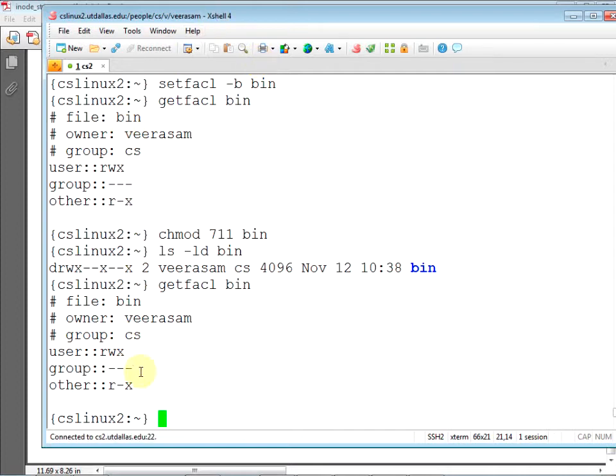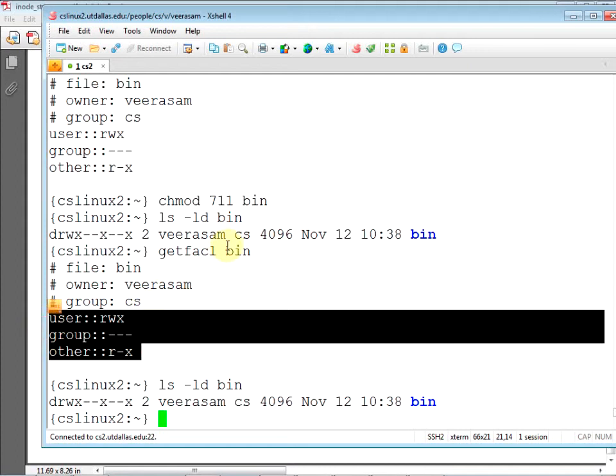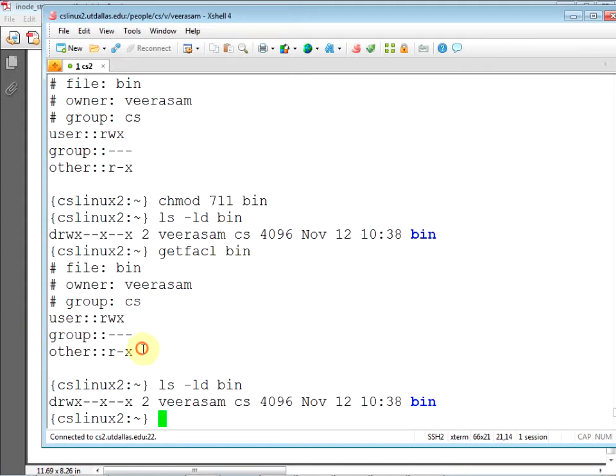Why is this still set like this? That's strange. Oh, because getfacl is not set. Hopefully it works for you guys.